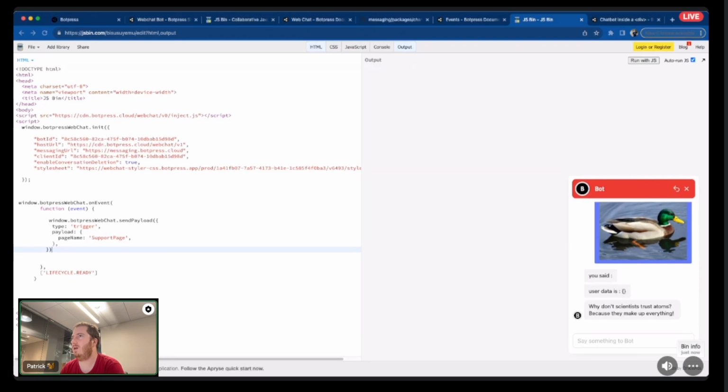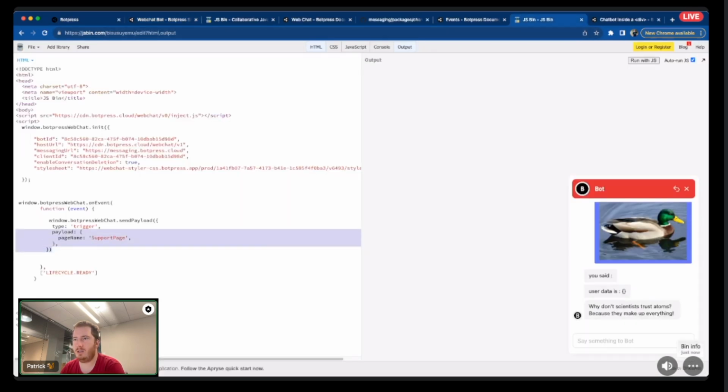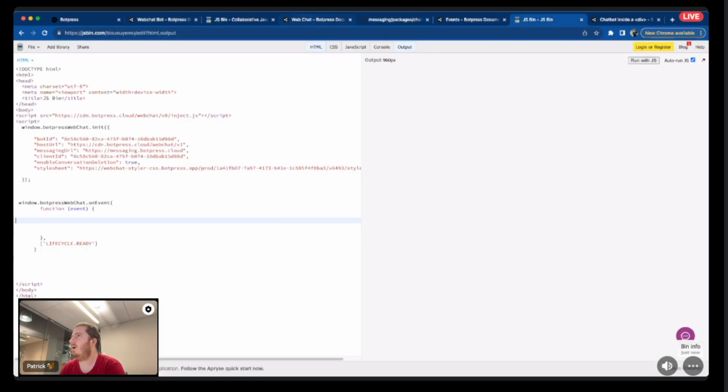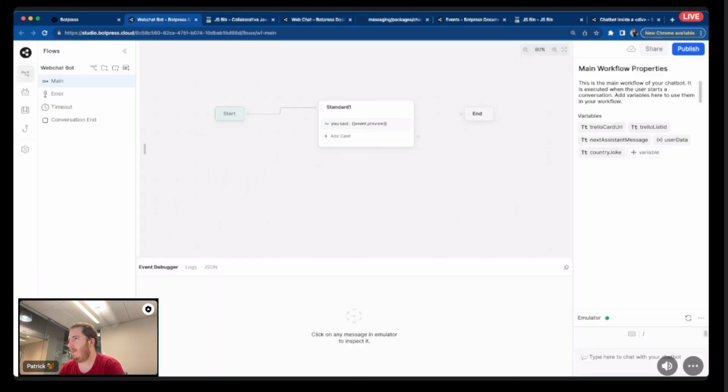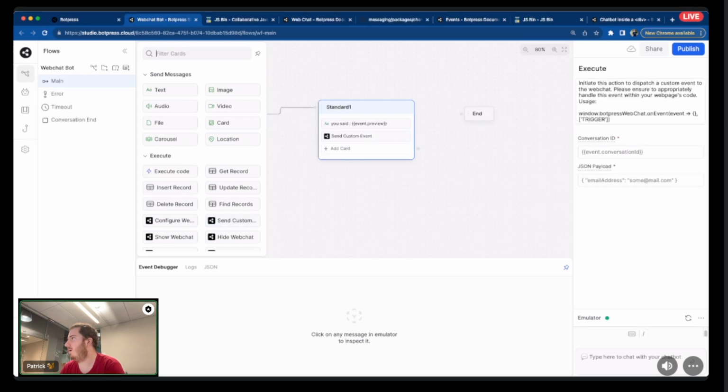So to do that, we're going to go back to our bot. We delete this because it's not pertinent anymore. I'm actually going to delete this as well, right here. And where was I? I'm going to click add card and send custom. What is it? The full name, custom event, I think. And here I'm going to write event.conversation ID. You could send it to a different conversation. I'm not sure what the use case is exactly, but you could do that if you wanted to. Maybe you want to send a message to a lot of people. Okay, and then the JSON payload here,